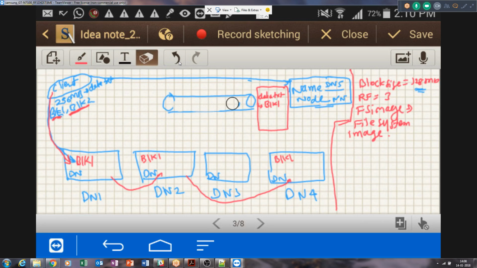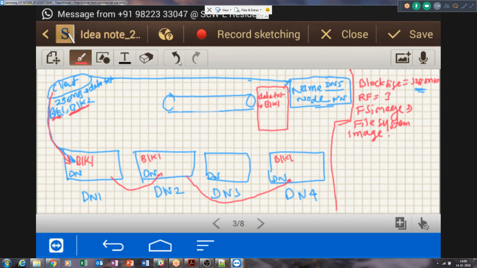Name node will now give the list of 3 available data nodes at that point, because writing block 1 will take some time. By that time, the conditions of data nodes might change. Some who were busy might be free, and who were free might be busy. So name node cannot choose the same list of data nodes again for block 2. Why? Because by the time block 1 gets written, the conditions of the cluster have changed, and free becomes busy and busy becomes free.